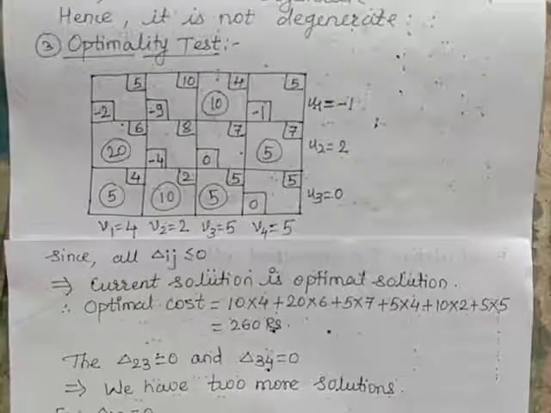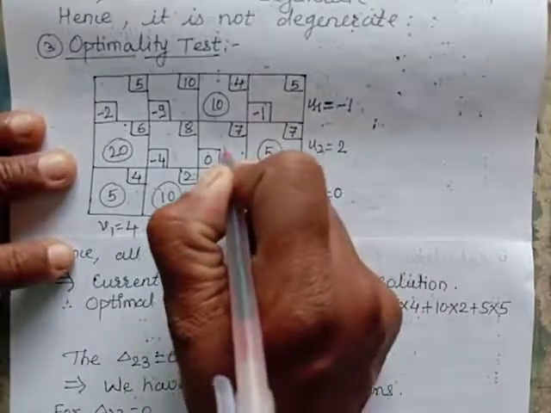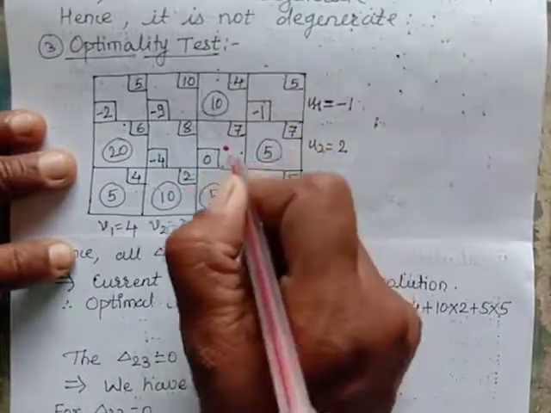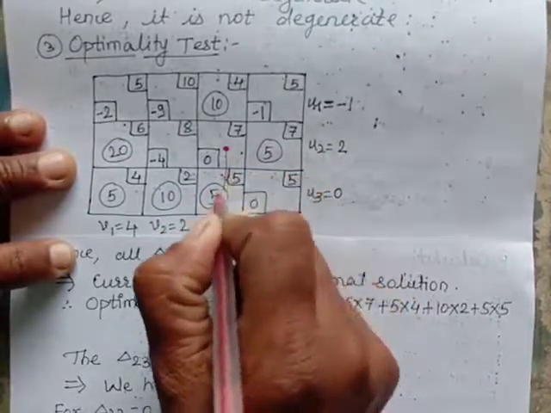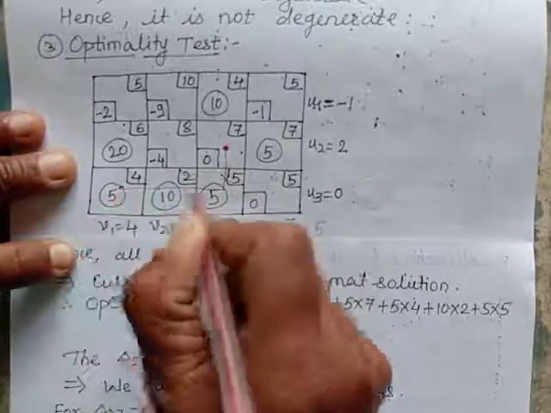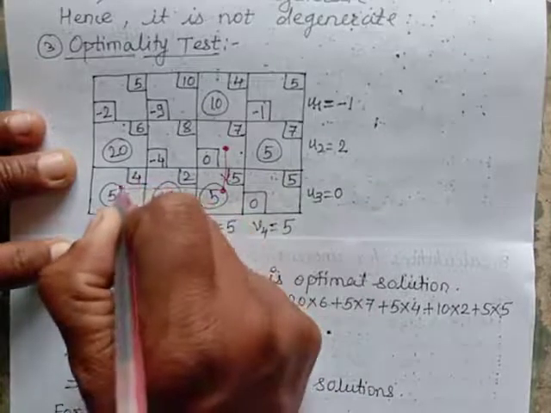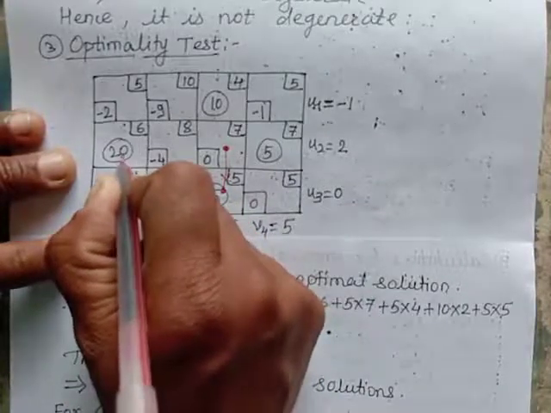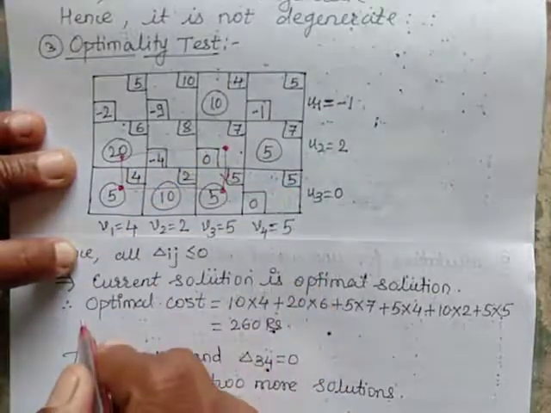Now, is it okay to you? I am forming a loop from this location. I will go to this side in this direction. Then I am going here. This is my new point. This is my one point. This is my next point. This is one. And then I will come again to my original position.